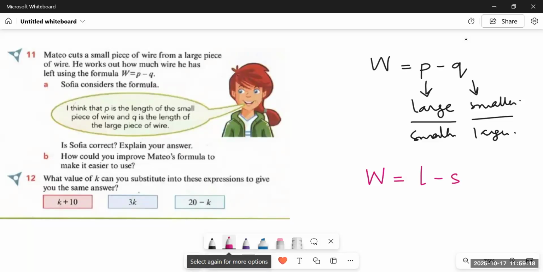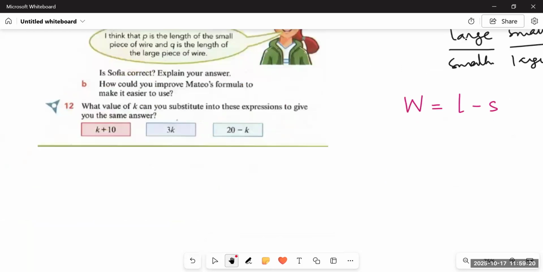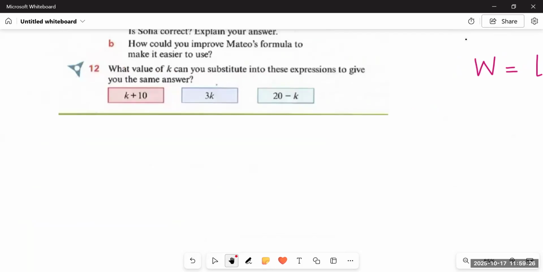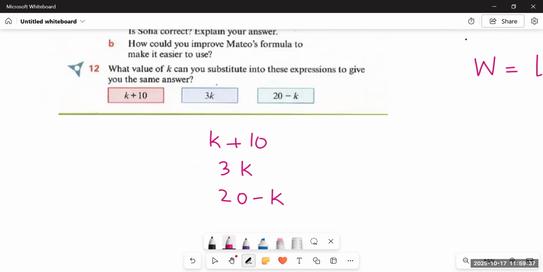Now, in question number 12, they are saying, what value of k can you substitute into these expressions to give you the same answer? Here we have k plus 10. Here we have 3k. Here it's 20 minus k. So we have to substitute the value of k such that it would give us the same answer in each of the three. So we have to take something over here that could be a multiple of both 3 and 10, right? So if we take k as